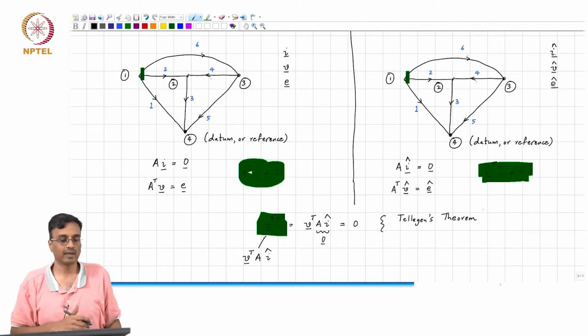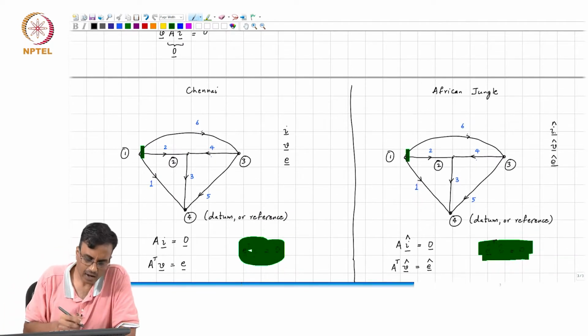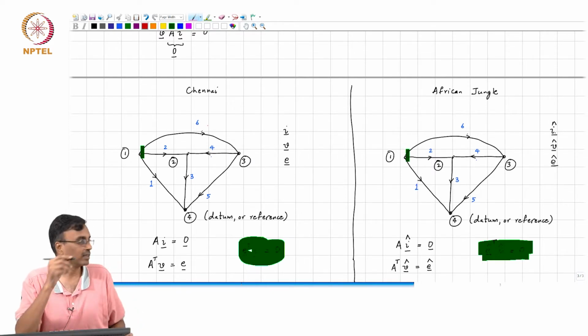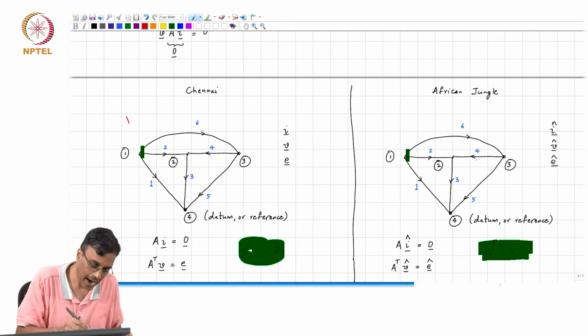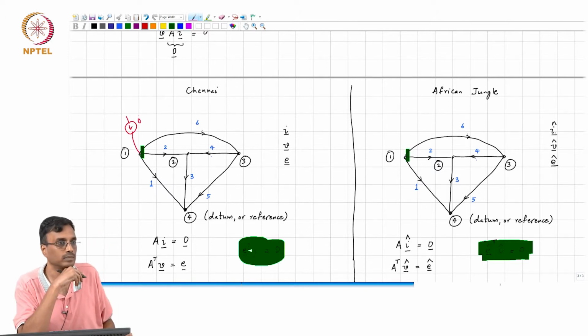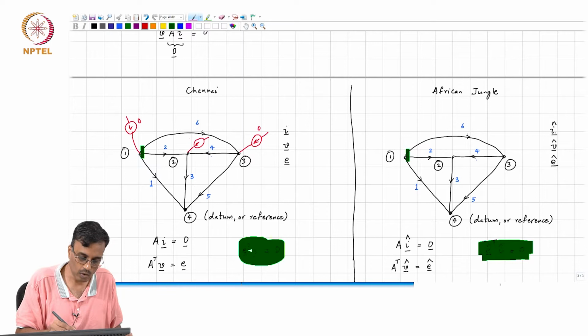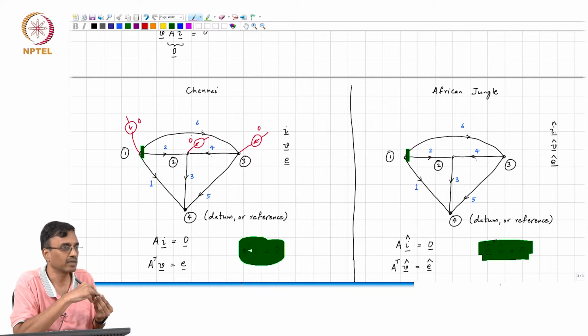Now, let us see why this makes intuitive sense. Here is a network which has some node voltages, node currents, and branch currents. Let us say I add a current source of value 0 into this node. Likewise, I add another current source with current 0 into that node, and into this node with a current 0. What comment can we make about the node voltages and the branch voltages when we do this?